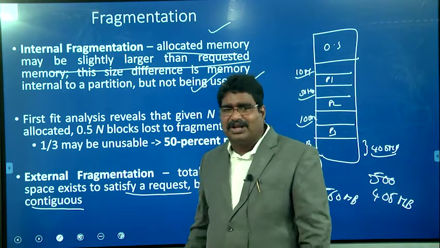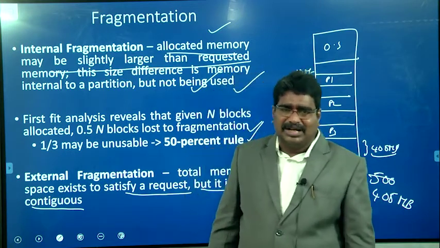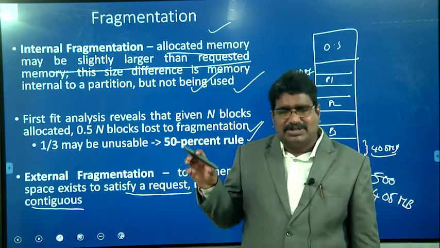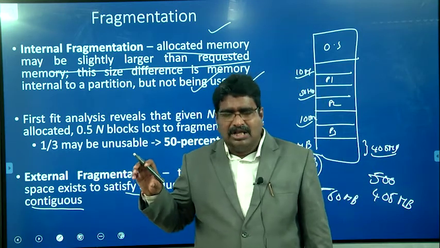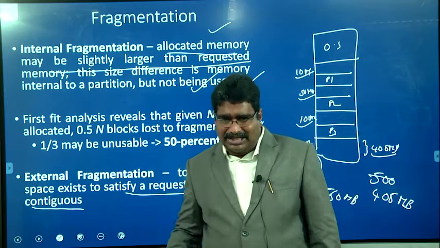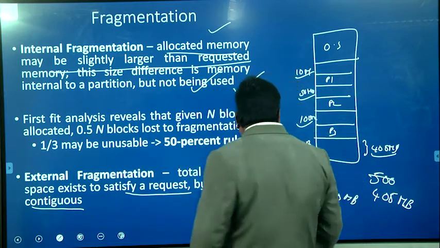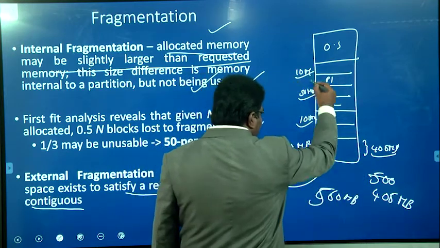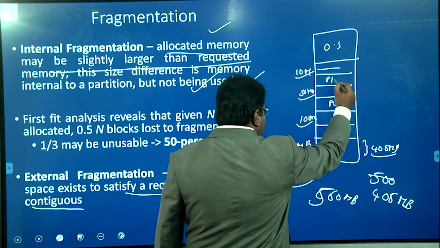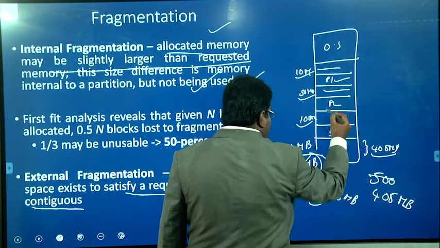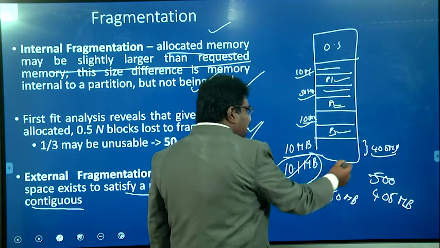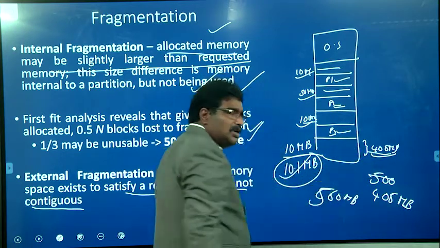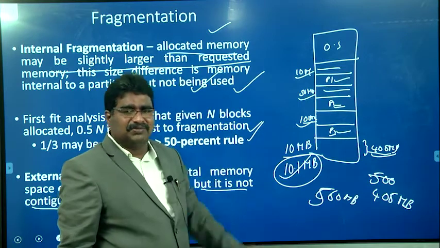And what is external fragmentation? The name itself indicates that the required free space is available, but it is spread across different locations, so it is not possible to allocate. For example, consider an operating system consisting of 400 MB, 10 MB free space, the P1 process, 50 MB free space, the P2 process, 100 MB free space, the P3 process. Later there is 400 MB available. The total free space available is 560 MB.